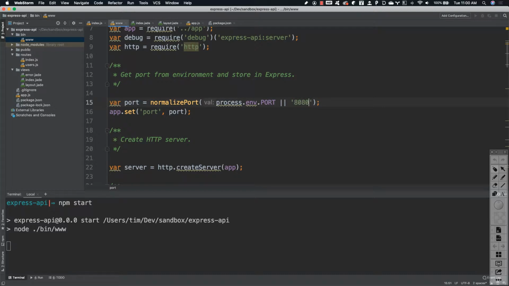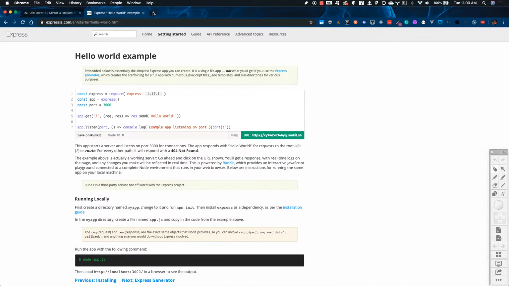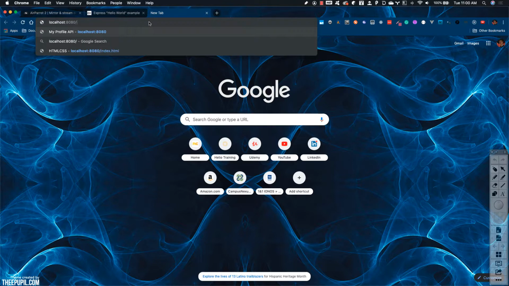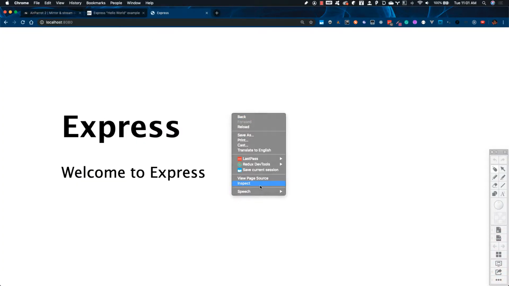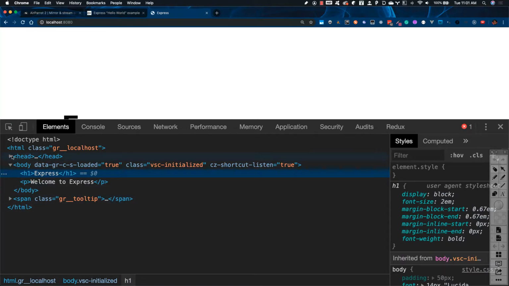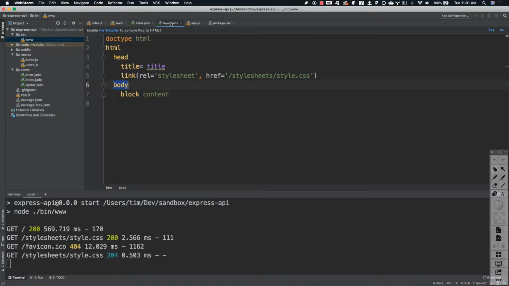So I'm going to change that to port 8080, and then I am going to go ahead and Control C to stop this. I'm going to restart it, and now we should see it running on port 8080, which means I should be able to open up my browser. I should be able to go to localhost, port 8080, and if I do a slash, we should get an HTML page back. So if we inspect this, we will see it is an HTML page here, and we can